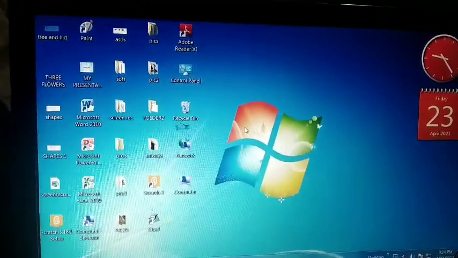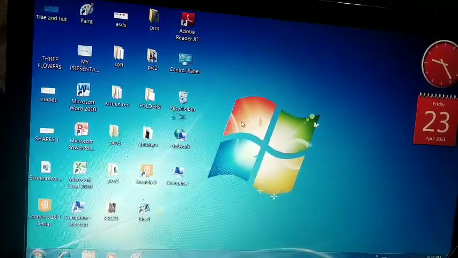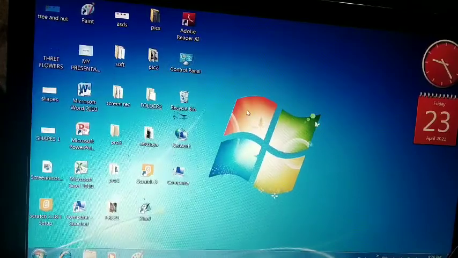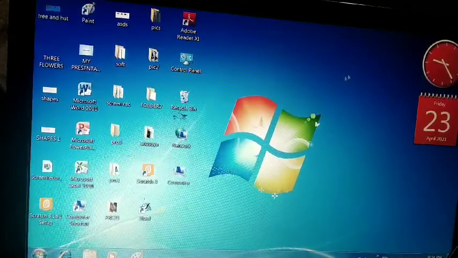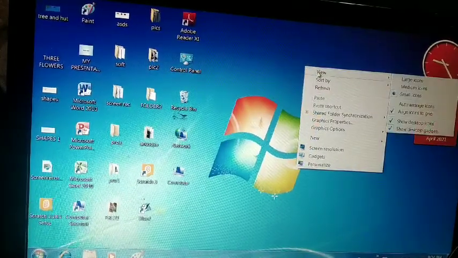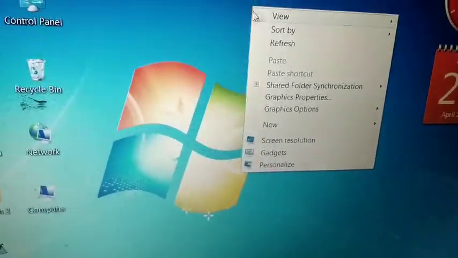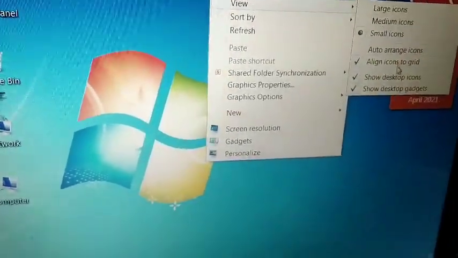So icons can be hidden. To do this you have to right click on the desktop area, press the right button, then go to the View option, then go to Show desktop icons.